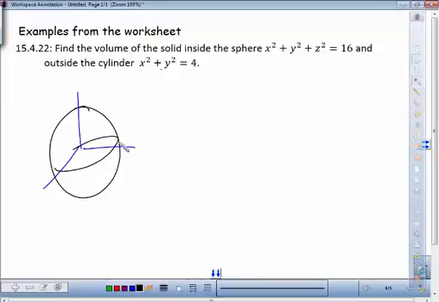4? So we're looking at a radius of 4. And then the cylinder has a radius of what? 2. So a smaller part over here